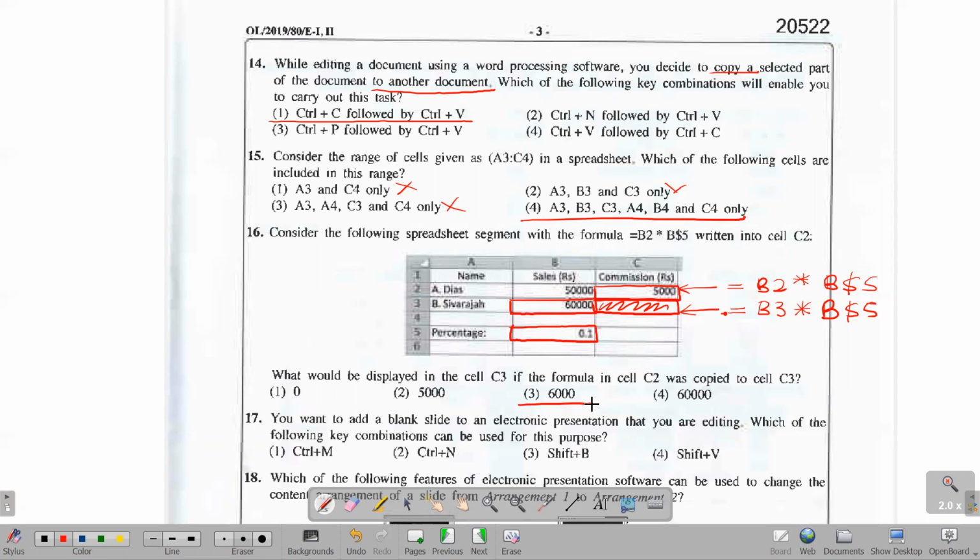Right, so if I'm entering a blank slide,